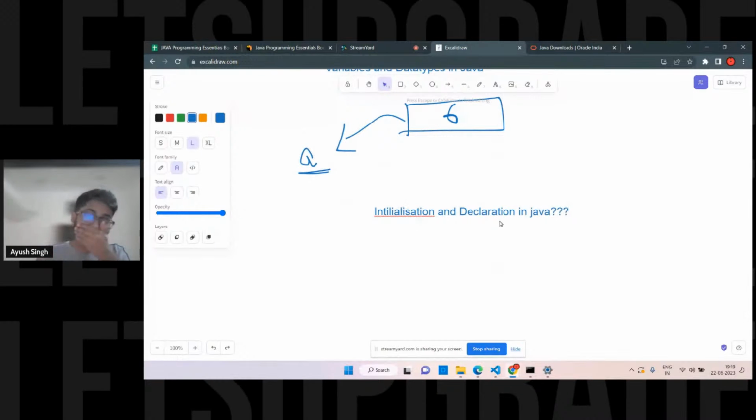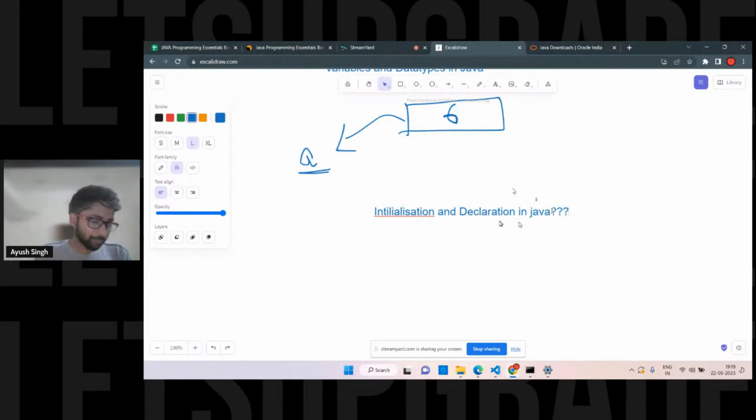Unused memory gets cleared, and even the memory you are allocating is being allocated by the garbage collector only, right? So maybe that's totally correct. Unused memory is going to be cleared automatically, but at the same time it allocates the memory as well. That's why don't get confused by the name. The name suggests it collects the garbage and throws it away, or clears unused memory, but at the same time it allocates memory. That's a different concept. Right now you shouldn't go into that part.